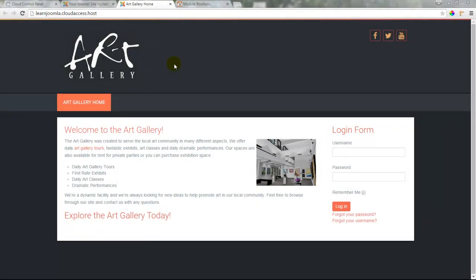In the previous tutorial, I gave you an overview of the module manager in Joomla, and we placed the login form module in the sidebar A position in this template. In this tutorial, I want to show you how to create a custom HTML module to put a custom image in the site. But before we do that, we're actually going to clean up any modules we don't need by